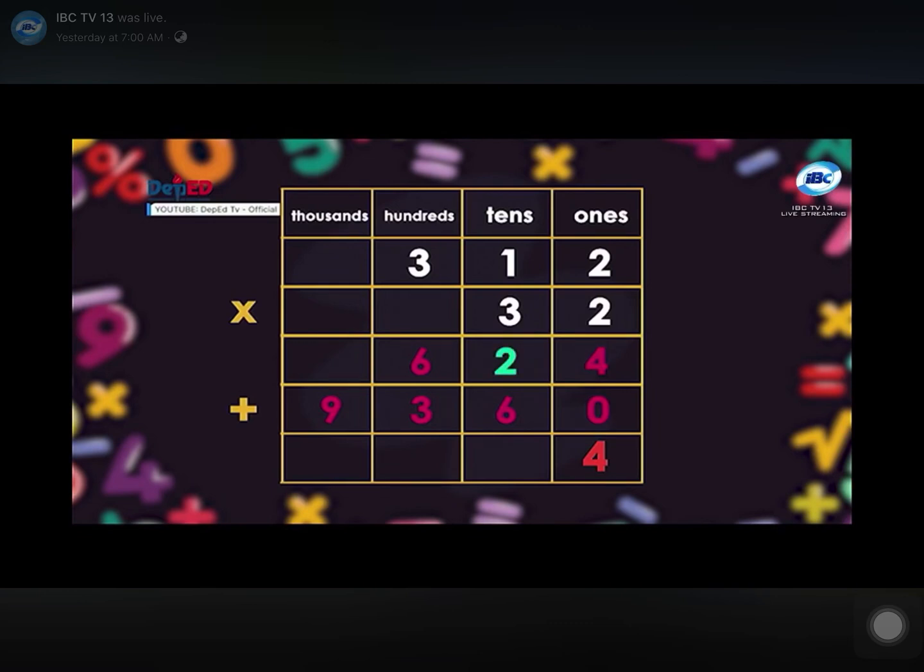2 tenths plus 6 tenths is 8 tenths. We will write 8 under the tenths place and add 0 to the ones place. Next, 6 hundredths plus 3 hundredths is 9 hundredths. We will write 9 under the hundredths place and add the zeros to the ones and tens place. Lastly, bring down 9,000. So the answer is